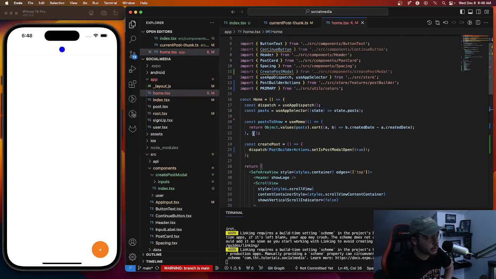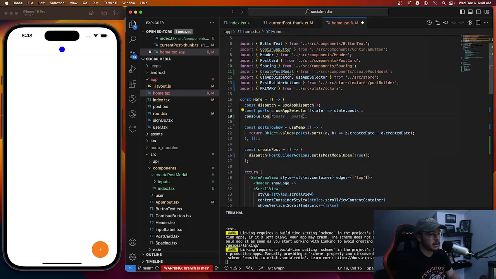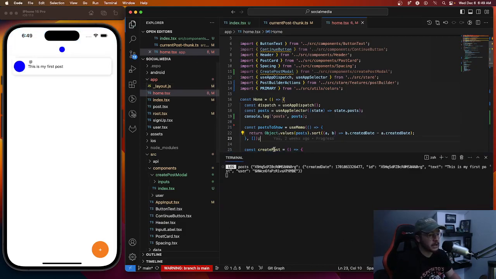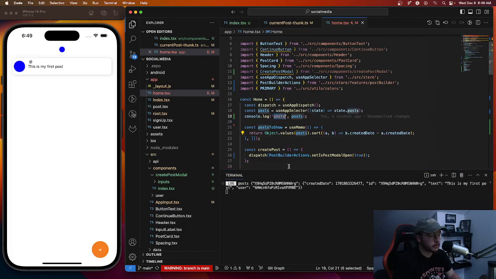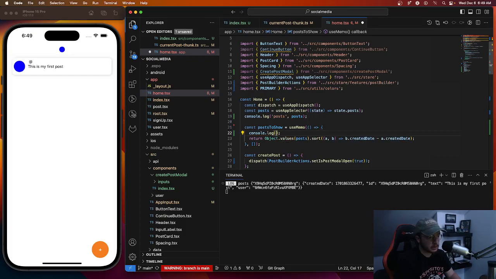We're not showing, oh. So post to show, if I were to console.log posts, it's probably going to work now. Yeah. It's going to work, and we can see posts is there. But if I add a console.log posts to show posts,